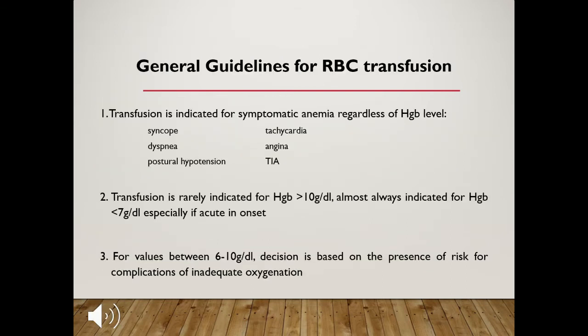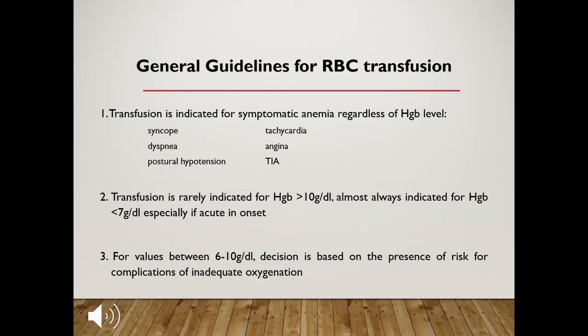Again, additional guidelines would be transfusion is indicated for symptomatic anemia regardless of hemoglobin level. So if there are moderate symptoms of anemia, then even if the hemoglobin is 9, then you have to transfuse. What are these symptoms that are significant? Syncope, wala na malay, dyspnea wherein the cause is anemia, postural hypotension, tachycardia, angina,